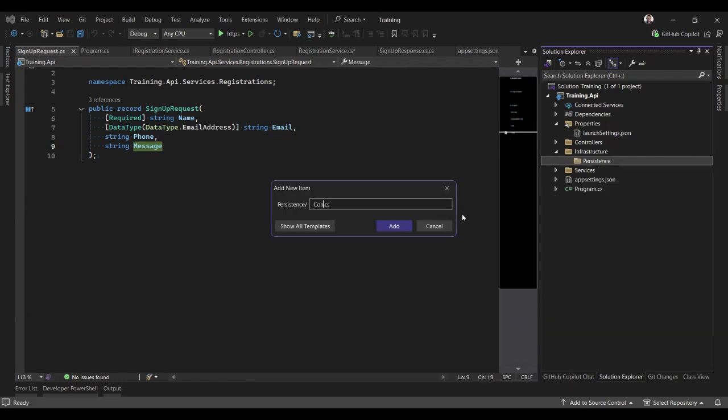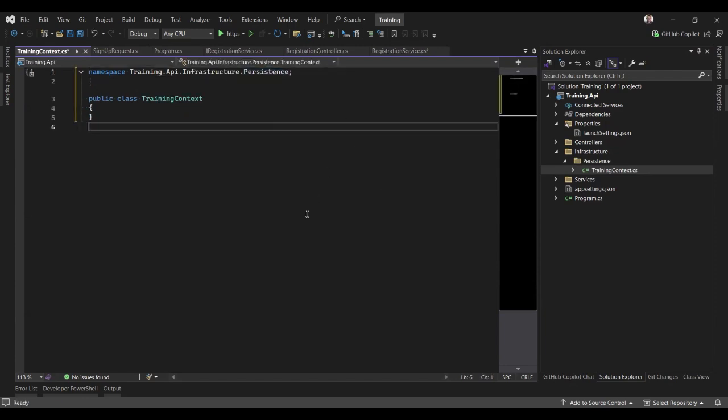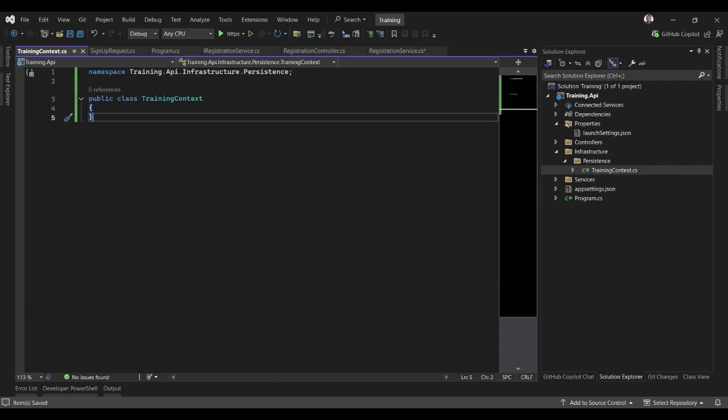This is what connects with the database. What's the name of the database? It is training. So I will say training context. All right. I'll clean this one up. And in this training context, I then need to specify,